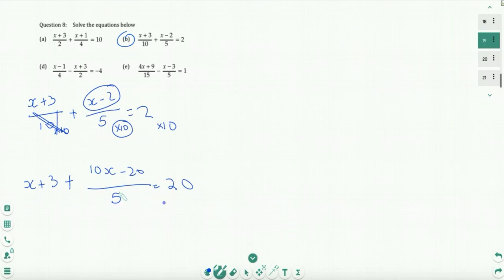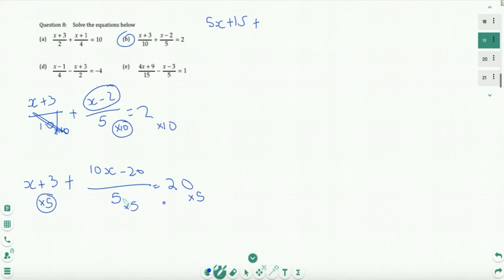Well, how do you get rid of dividing by 5? We're going to multiply by 5. If you multiply 5 by here, you have to multiply 5 here and multiply 5 here. Now, are we going to multiply 5 by x or by positive 3? We're going to multiply it by both terms. So 5 times x is 5x, 5 times 3 is positive 15, plus